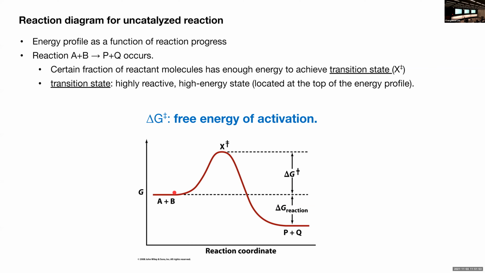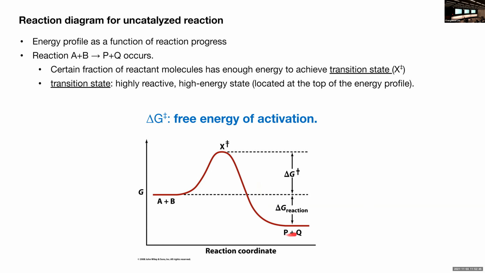But like you actually pointed out, it has a huge hill in terms of this reaction, which makes this reaction not as spontaneous as one without any kind of hill here. And this hill of the energy change is called the transition state. You have a lot of molecules for A and B there. They're colliding and making reactions and things like that. But individual molecules have different states of energies, like different amounts of internal energies. Some of them have a lot, some of them have less. But some of them happen to have enough energy to get to the transition state, which is up here, and will actually flow through this